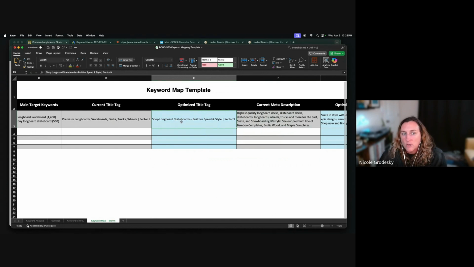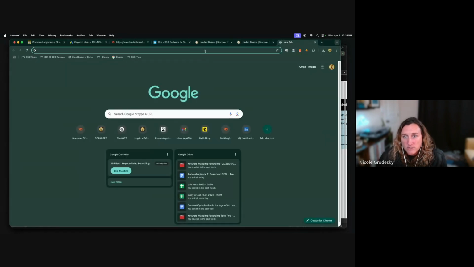You could say, write me 10 title tags for longboard skateboards, and use pipe Sector 9 at the end, and it's going to generate a bunch of different recommendations, and you can choose which variation you like. But always make sure your target keyword is more towards the front, because there are some studies out there that show that title tags are still important because Google crawls the page from top